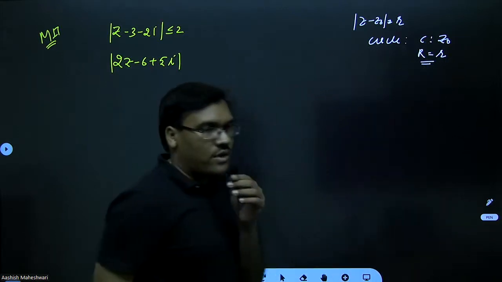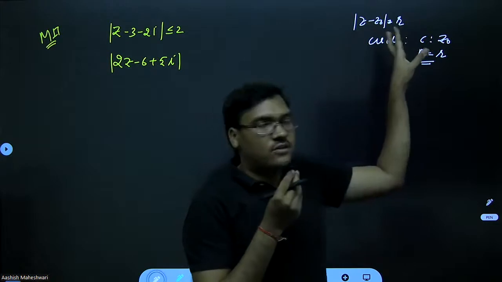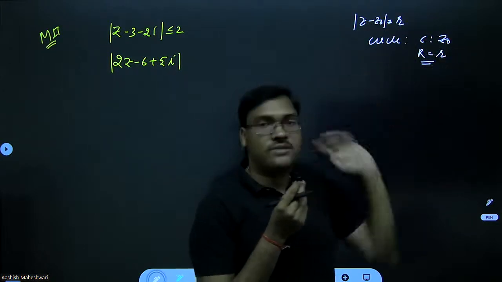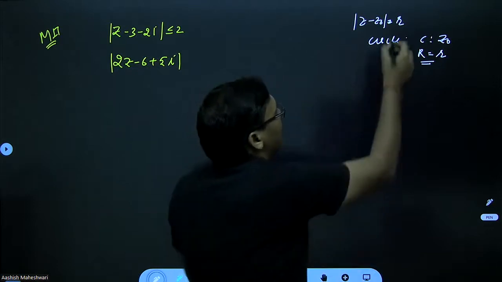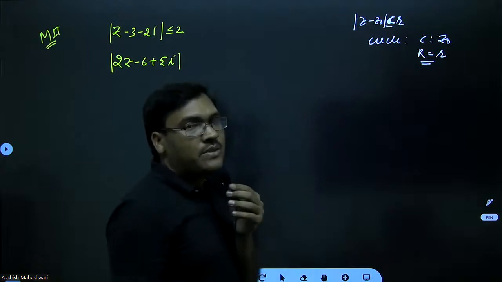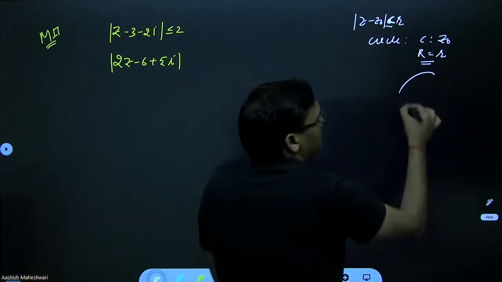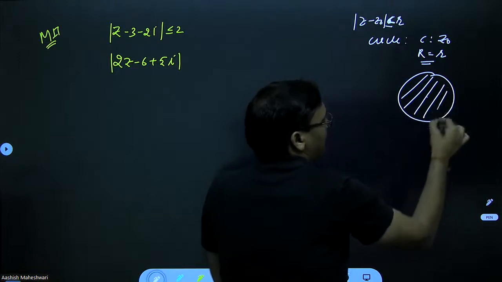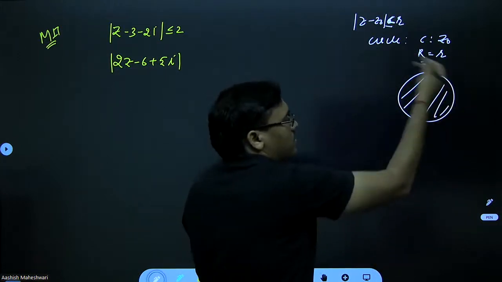Correct? If you have any |Z minus Z naught| equal to R, then this is the equation of a circle with center Z naught and radius equal to R. अगर ये less than R होगा, मान लो less than R, less than equal to R, that means it will be region inside this circle. अगर less than R है तो, और equal to R होगा तो circumference पे भी आ